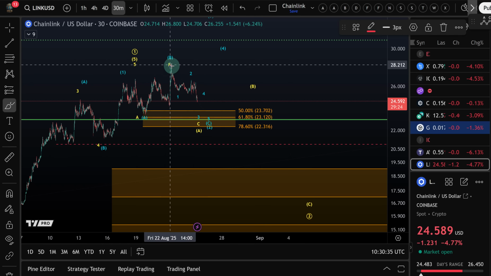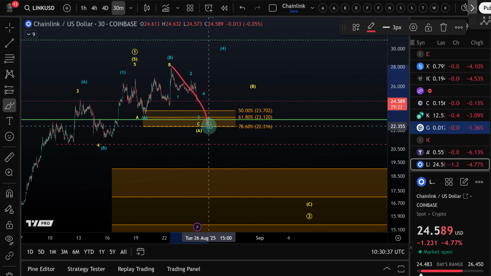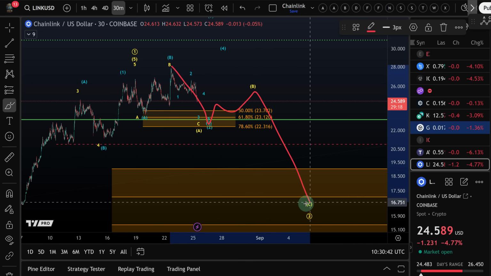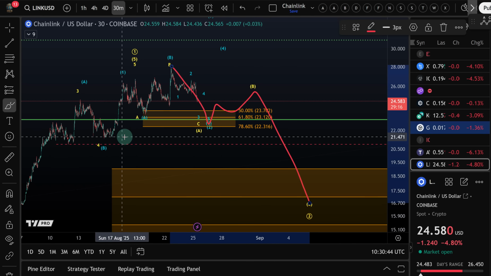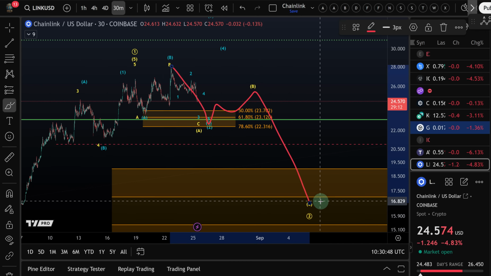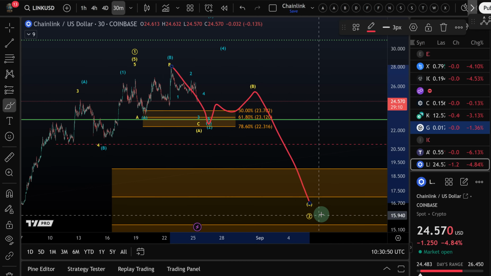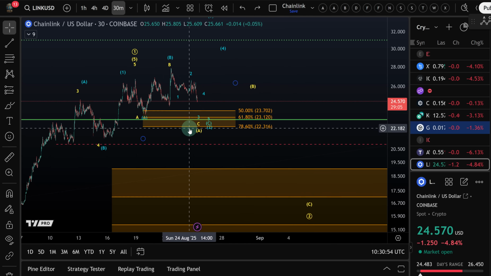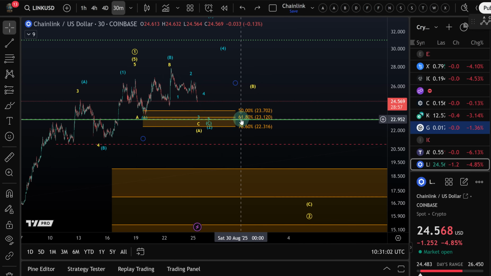We'll see if the market can form here a 5-wave decline. If the rally afterwards is only corrective, then it might be a setup for lower prices. That's just something to keep in mind. That's the yellow scenario. I know a lot of people are waiting for a deeper wave 2 pullback. If it happens, that could be an opportunity for those traders. But yeah, pay attention to the upper support area as well, especially the area around $23 could provide some support. That's the 61.8 retracement. That's the update on Link.